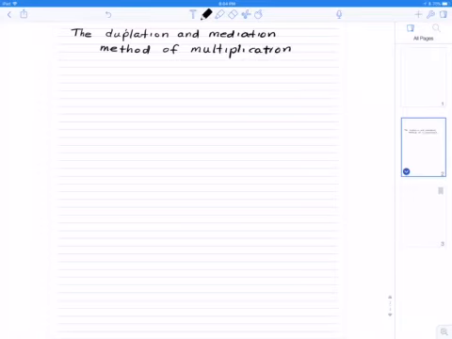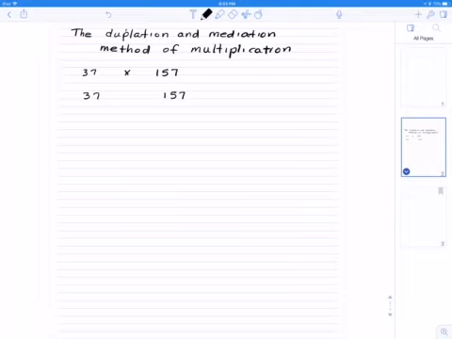So to multiply 37 by 157, we'll make a column for each of the factors. So a column for the 37 and a column for the 157. Now, I'm going to take the factor on the left-hand side and divide each entry by 2 and discard the